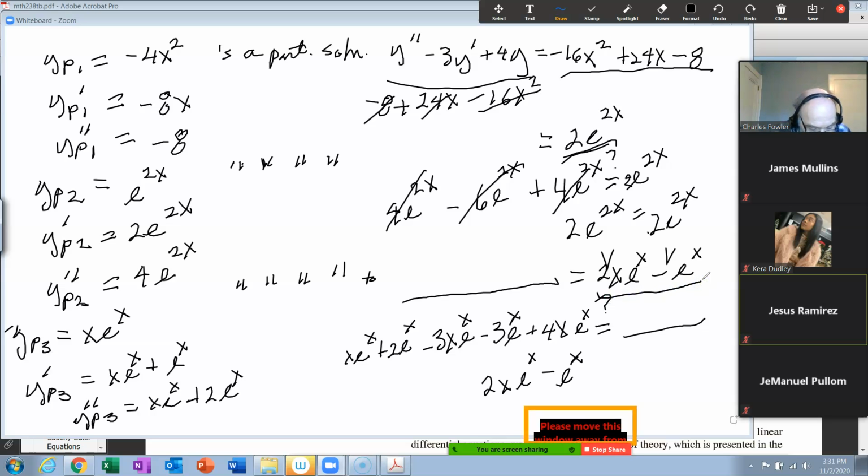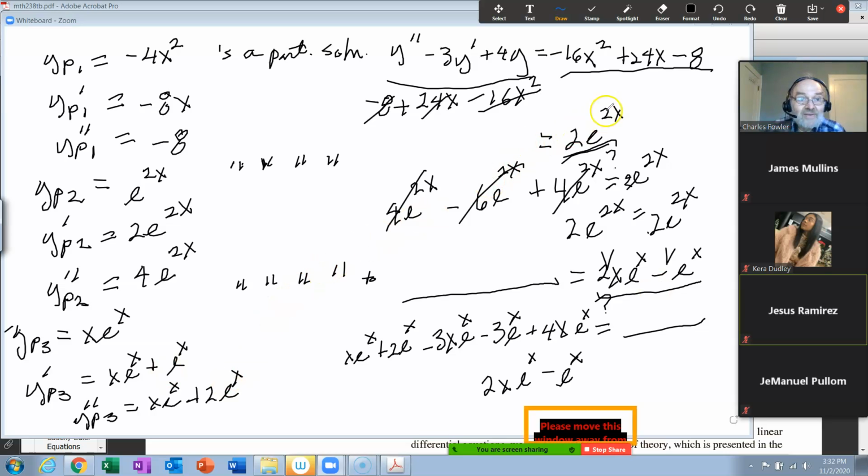Okay, so we verified that those three particular solutions are correct particular solutions for those three right-hand sides. Then it follows from equation 13 back in 4.1.7 that the superposition of those three,